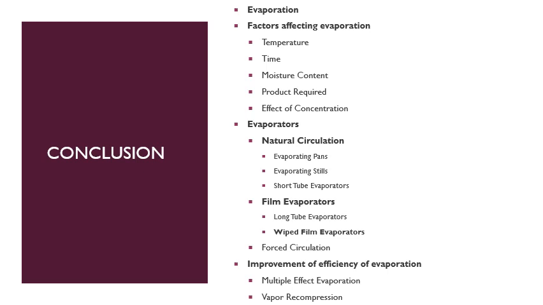Finally, we discussed the forced circulation evaporators. In the forced circulation evaporators, we were using different types of mechanisms for the circulation of the bulk of the liquor for effective evaporation. The simple mechanisms were the addition of a propeller or an agitator or stirrer, which was moving the bulk of the liquid, so the evaporation was taking place from the whole of the liquid, not only from the surface of the liquid.